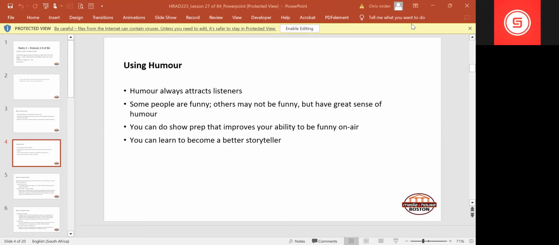I actually thought about a situation in the car the other day, and I nearly had an accident because I was laughing so much, and I didn't even hear someone toot.